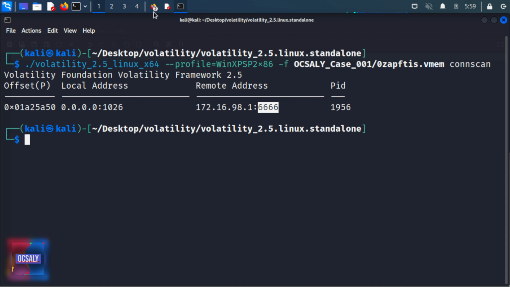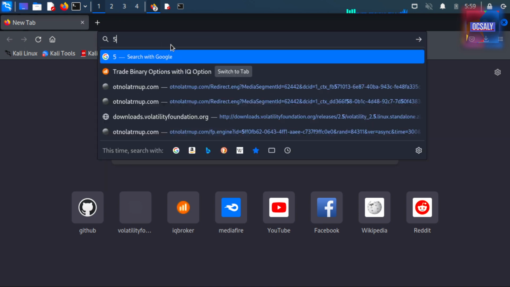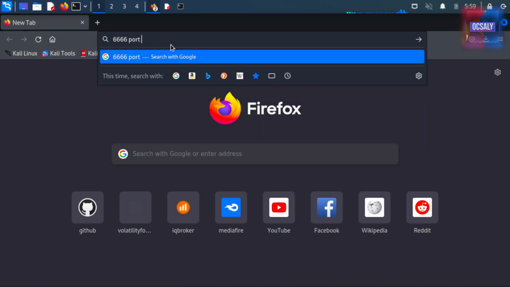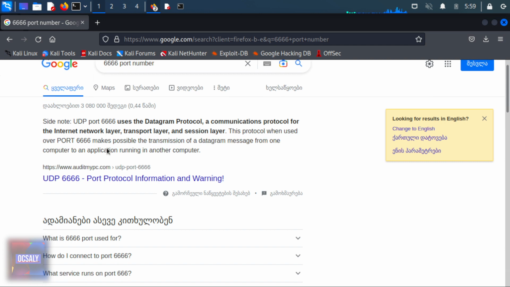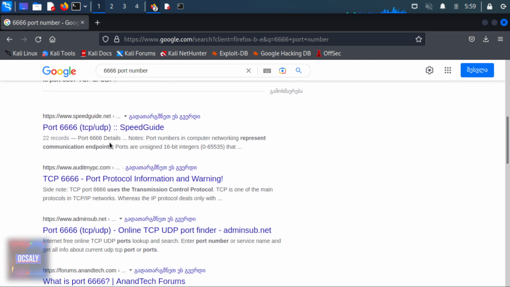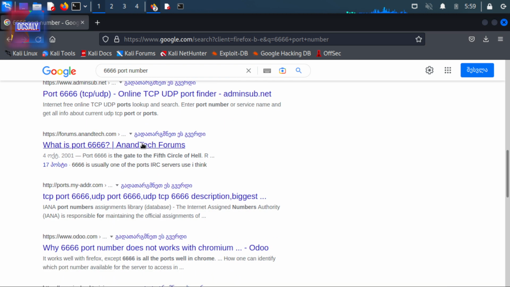Let's do a bit of research on this port number. We can see that it's a datagram port for internet network layer communication, and this is the UDP port. Actually it can be used for TCP, of course,